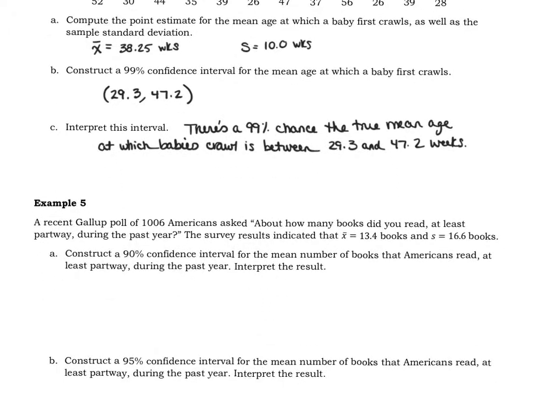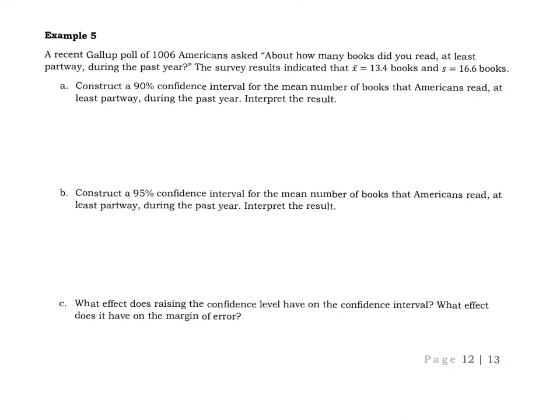All right, so moving on to example 5, the last example here. A Gallup poll of 1,006 Americans asked, how many books did you read at least partway during the last year? The survey results indicated X bar was 13.4 and the sample standard deviation was 16.6. So make a 90% confidence interval for the average number of books people have read. This time we're still using our T interval, but because the information was given to us, now when we go over to our T interval,